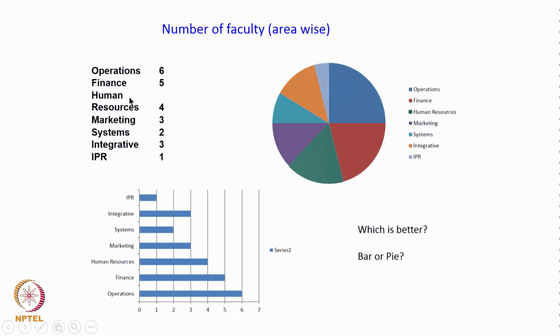Now, if we draw a horizontal bar chart, one would get a bar chart like this. This bar chart would tell that there are 6 people in the operations group, while there is 1 person in the intellectual property rights group and so on. Now, let us try to represent the same thing in the form of a pie chart. That is shown here, and along with the color coding, one can quickly understand that the 6 people in the operations group is the larger group, and then you get the next